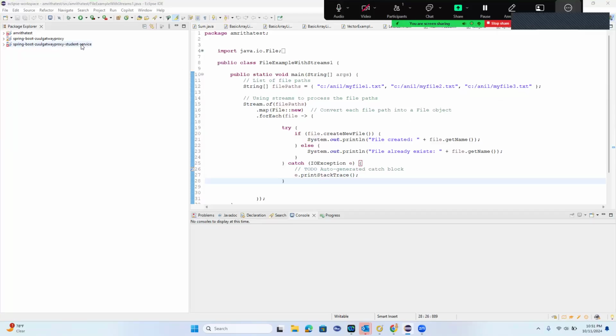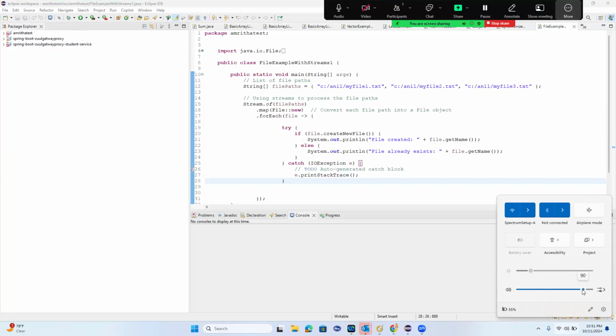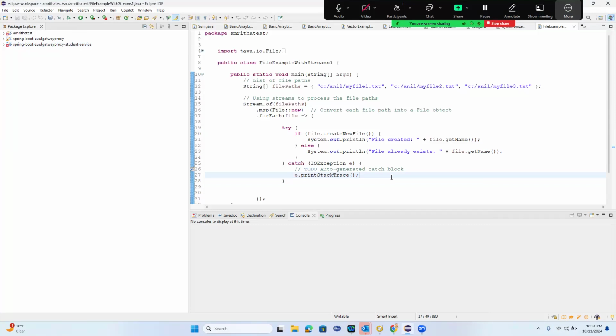Welcome to my 25th episode on streams. And today we're going to learn a different example where we are going to deal, again, with flat map. And